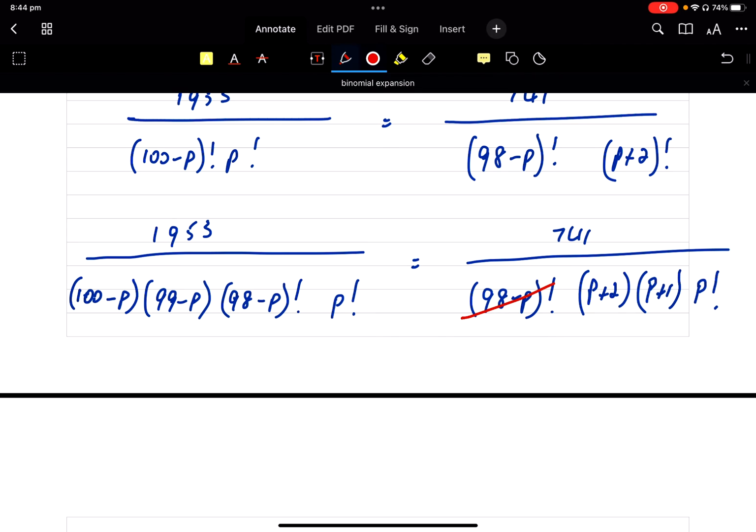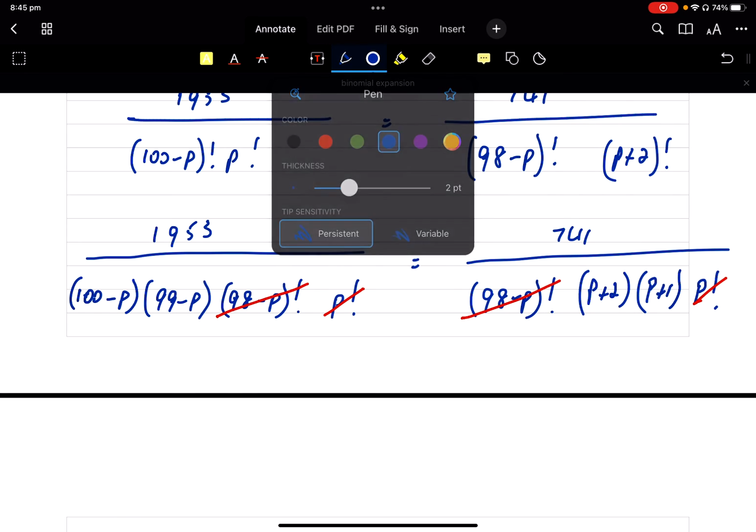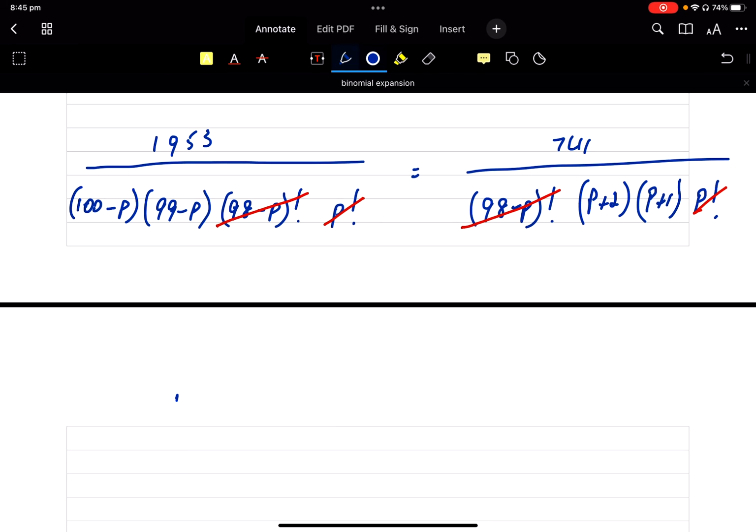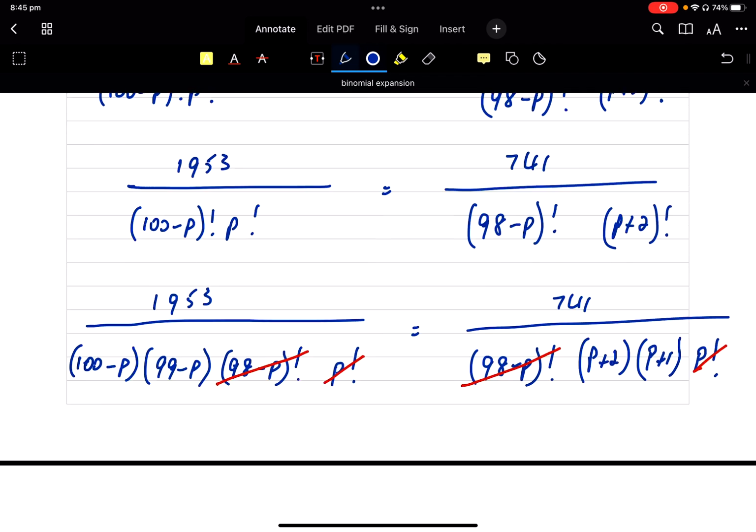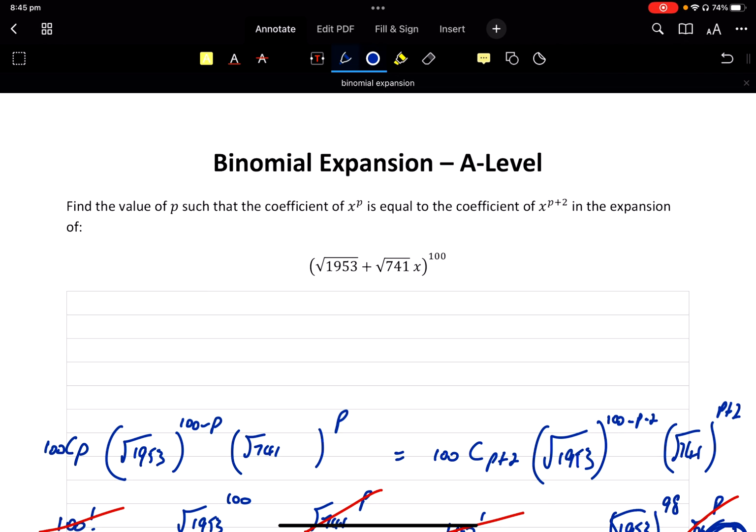So the 98 minus p factorial cancels, and the p factorial cancels, and we end up with 1953 on equals. Okay. So up the top, I didn't quite put there, but this is definitely